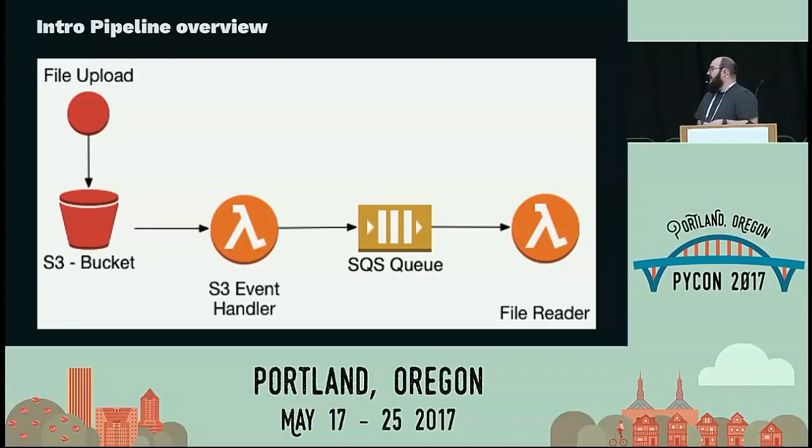For one thing, Lambda is not HIPAA compliant. So if it's a HIPAA file or a PCI protected file, we might hand that off to a process that can run in a protected manner. And we have an opportunity to do that at the event handler and then ultimately based on how we pull the things from the queue.